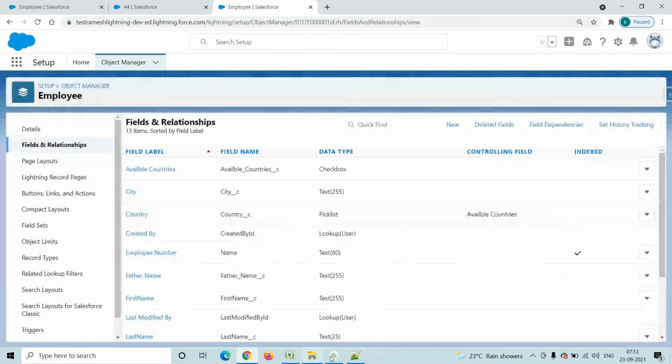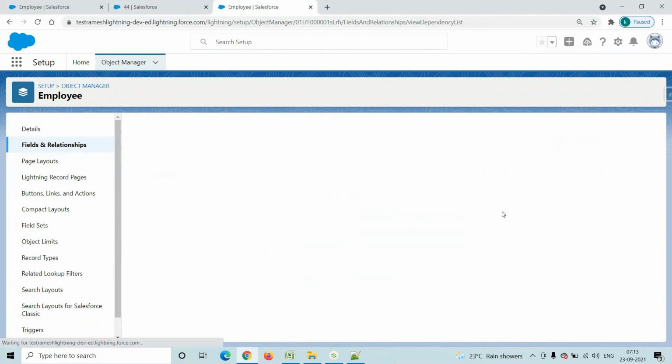Any questions on this one? Ramesh Garu, I had a small doubt. Previously, we have created a field dependency between country and state, and now we have replaced the IND value with India. We had created India 1, India 2 states previously, dependent on IND.